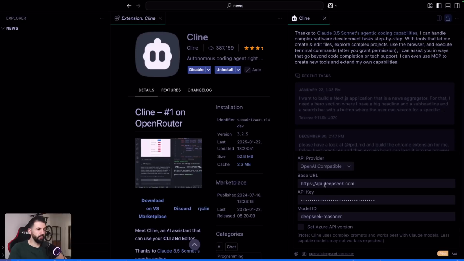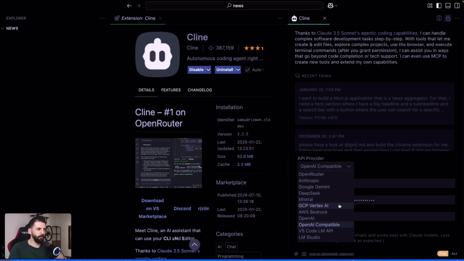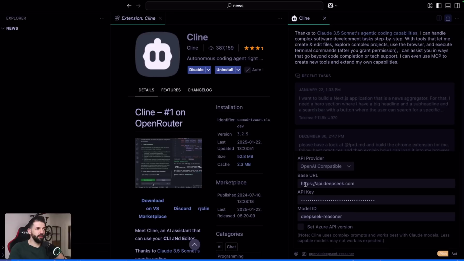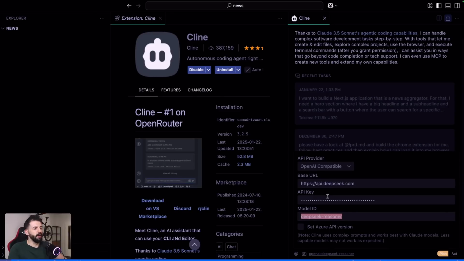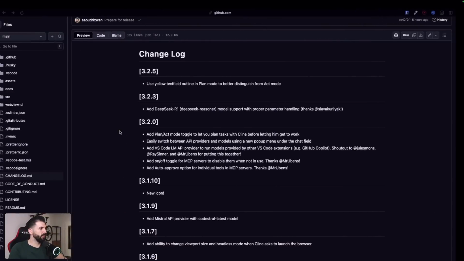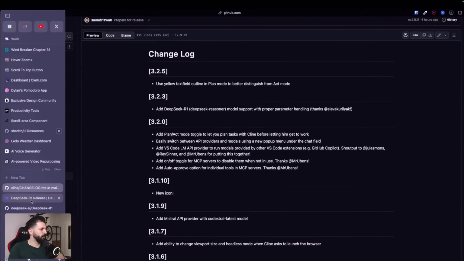So you just click on it, then you want to choose OpenAI Compatible as an API provider. This is the base URL that you need to use. This is the model ID, deepseek-reasoner. And now another thing that you need is the API key. So for that, you want to head back over to your browser and you want to go to